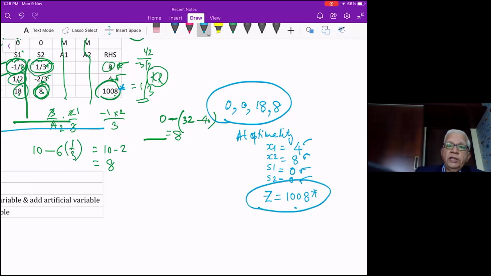Fine. So this is the way to solve a problem involving constraints of the type greater than or equal to. Okay. So in summary, what is the solution? In summary, what we do is, when the constraint is greater than or equal to, we have to subtract a surplus variable from any number of constraints which have the greater than or equal to type of constraint. Whenever the constraint is of the type greater than or equal to, you have to subtract the surplus variable from the left hand side. This is for the purpose of making the constraint equal.